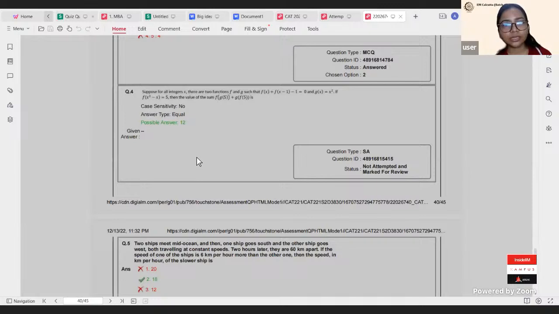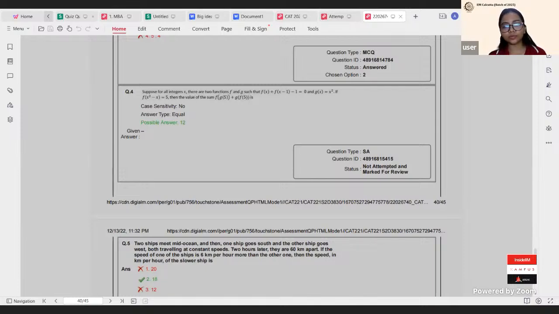So here it was mentioned that there are two functions, f and g, basically. And so f(x) plus f(x minus 1) equals 0. And g(x) equals x square. And here it is given that f of x square minus x equals 5. We have to find the value of f of g of 5 plus g of f of 5. So here basically what we can do is that